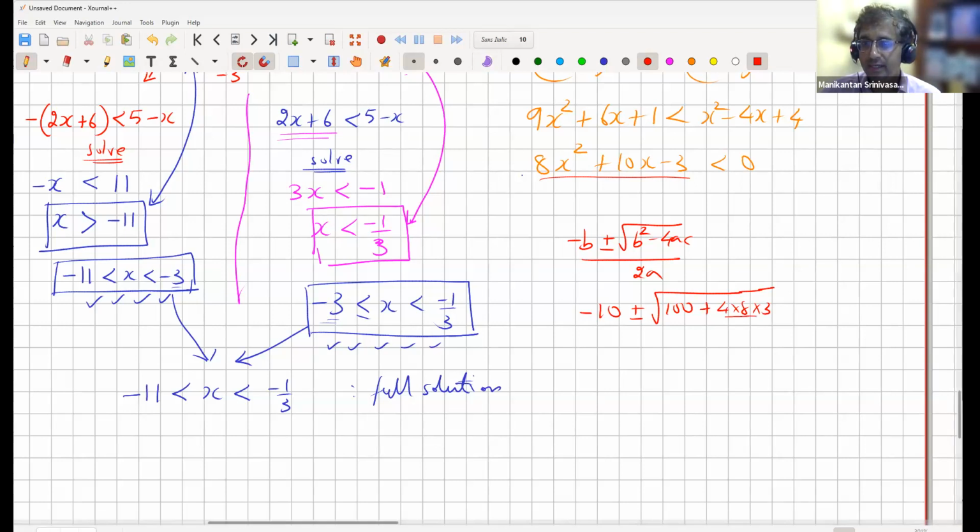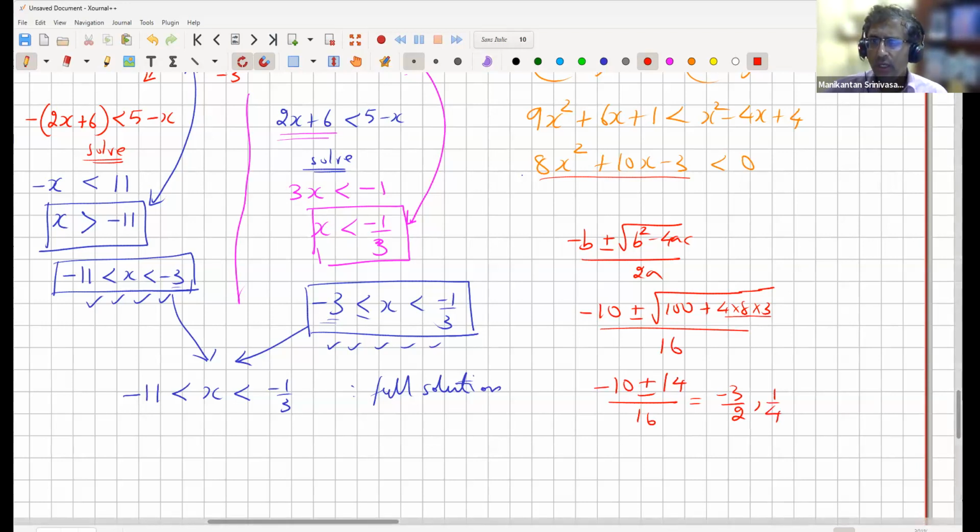Oh, nice. It worked out to be a round number, although I didn't plan it that way. 196 is a perfect square, right? So great. So it becomes easier. So upon 16, it's minus 10 plus or minus 14 upon 16. So minus 10 minus 14 is minus 24. Minus 24 by 16 is minus 3 by 2. Plus is 4 upon 16, which is 1/4. So the roots of this are minus 3 by 2 and 1/4, which means when we plot a quadratic,